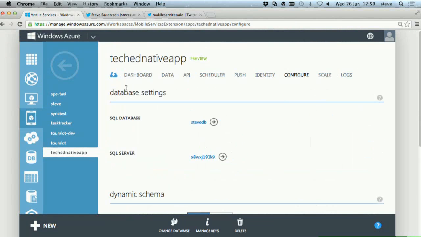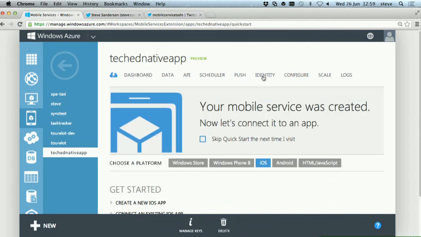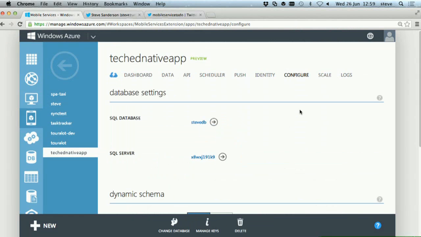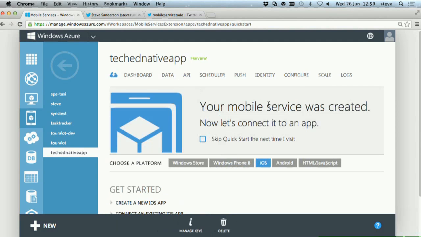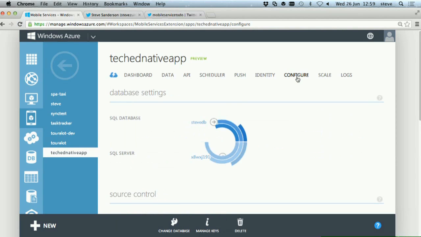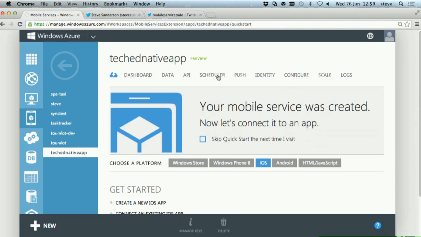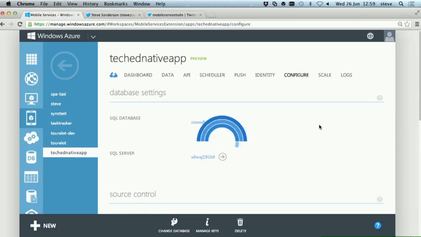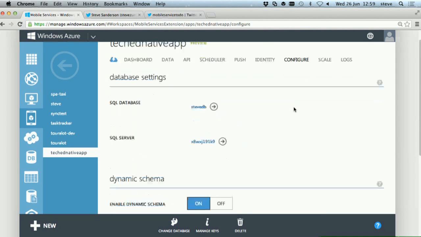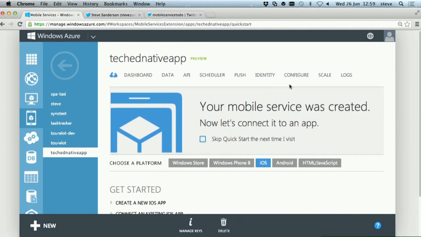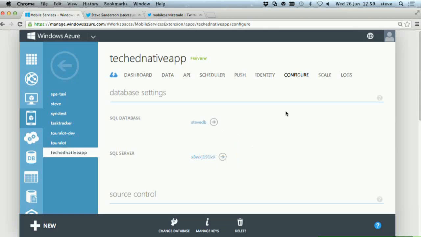But anyway, if I come over here onto the Configure tab, and I refresh that a couple of times, multiple times, in fact, until it's eventually succeeded. It's going to succeed eventually, honestly, because otherwise it kind of spoils my demo. Come on, give me the source control. If this doesn't work, I'm going to switch over to a different app that I've already prepared that does have source control enabled. Come on.